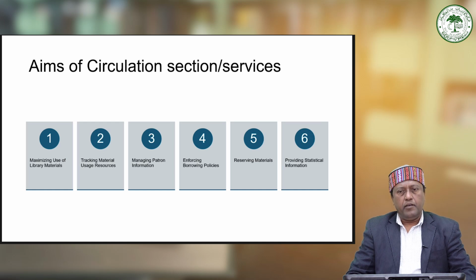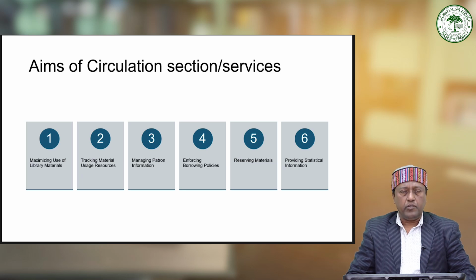So basically, maintaining an accurate record of the circulation transactions. What is important is that the record should be perfectly maintained, to whom this particular document has been issued. So at any point of time, if somebody wants to check, this document is available with whom and when it is going to come back to the library, at least the system should be equipped enough to answer this question. So the second most important aim is tracking material usage,